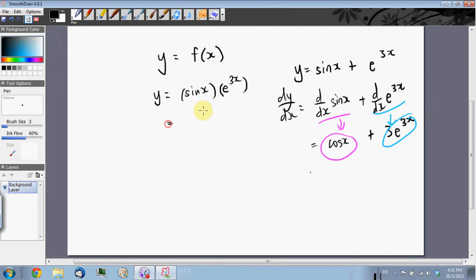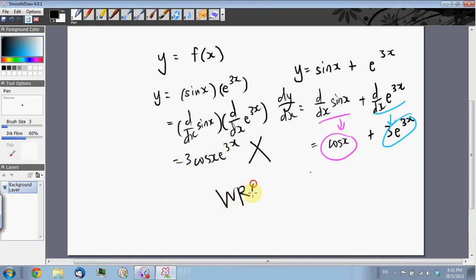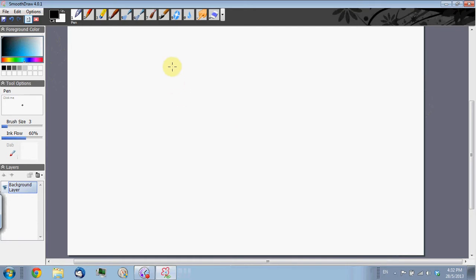But when you're multiplying two functions together, you cannot do that. You cannot differentiate each one and then multiply them. That is wrong. You cannot multiply them together. You must do something called the product rule. The product rule just means that if you have two functions multiplying together,